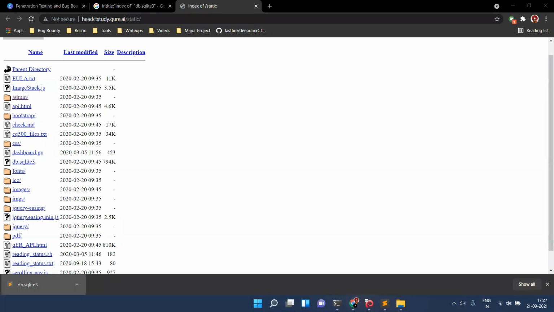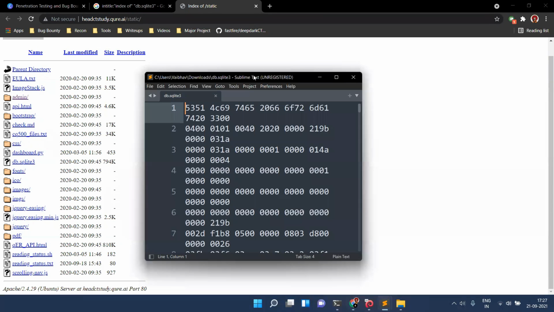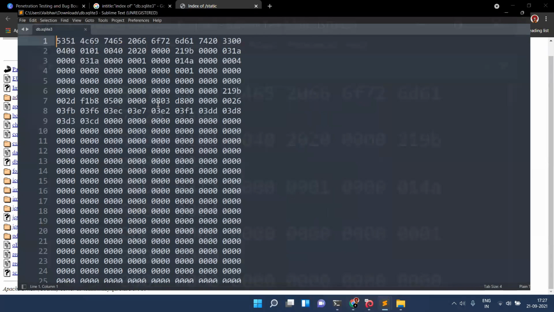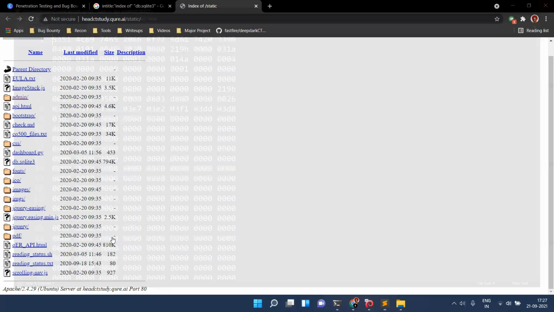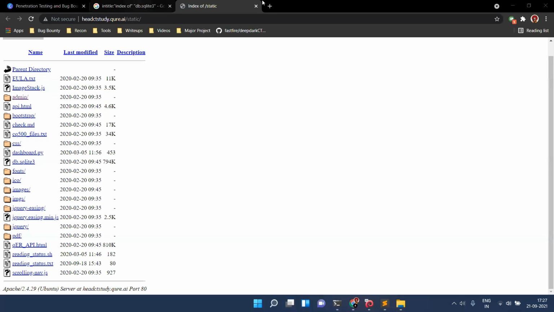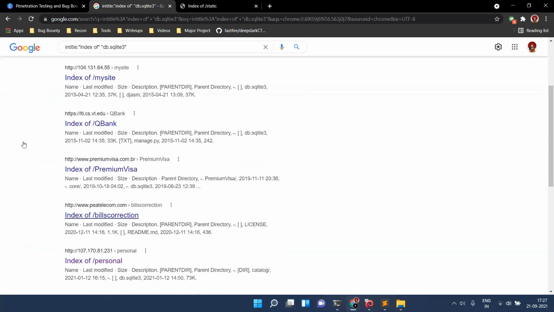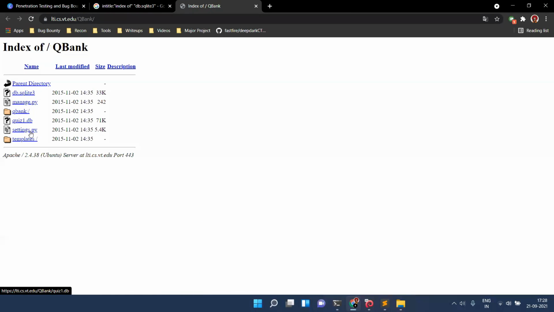I will have the database of all the users, or all the details present on this website, let's say QBank, which is another bank website. Over here you can see settings.py, so probably this will be on Django.